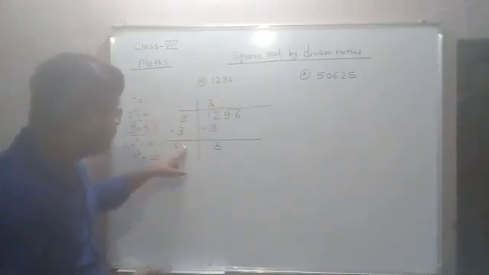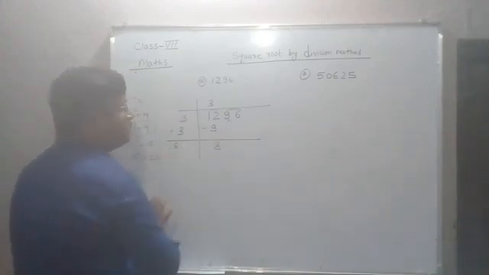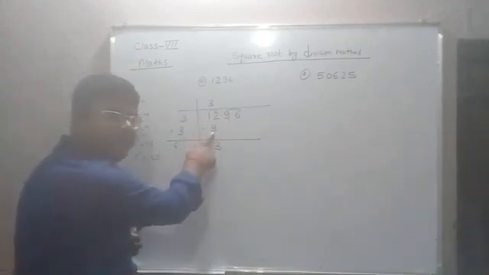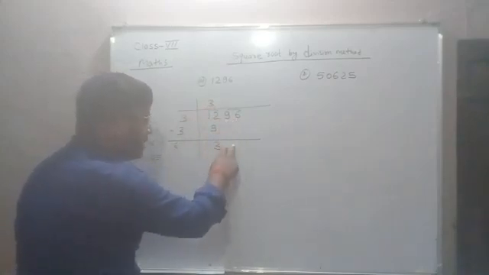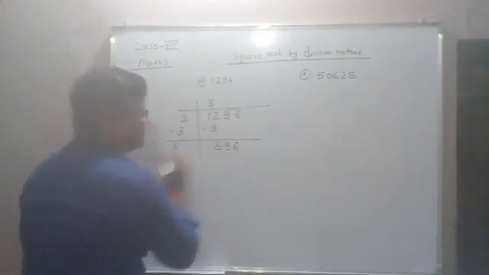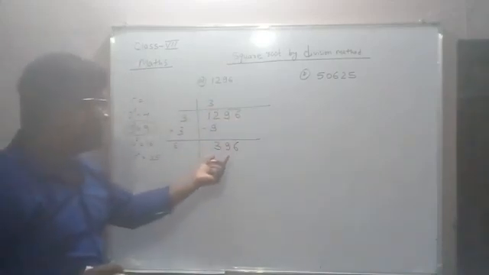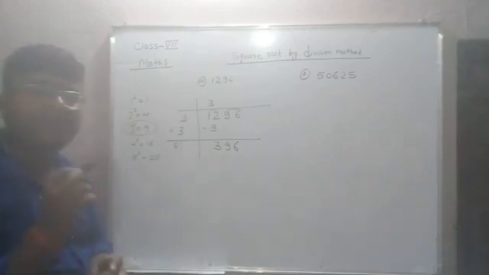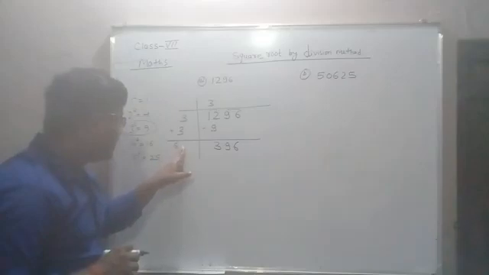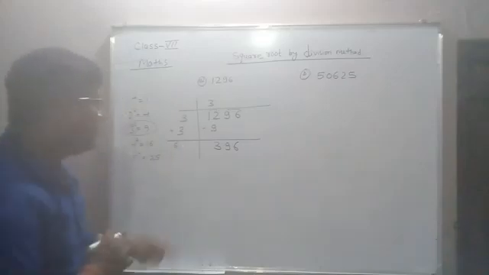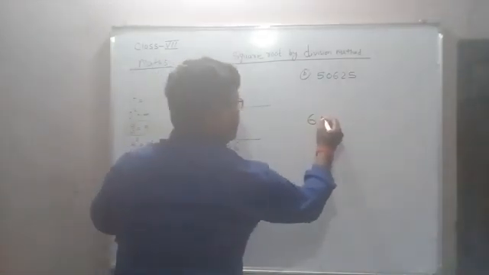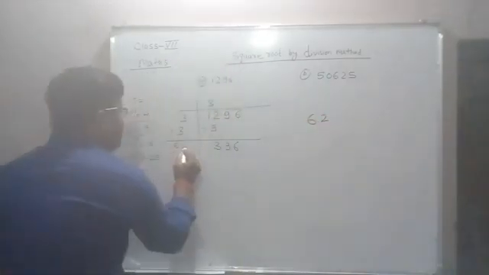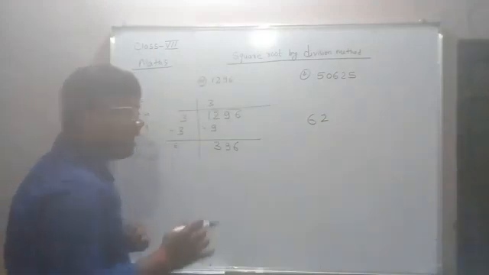Because now for another number, this pair 12 we have divided by 3 threes are 9. Now the next pair, 96, will come down. So now it is a 3-digit number. By which number will it divide? How do we have to think? We have to place a number here. Suppose I place here 2, for example only.